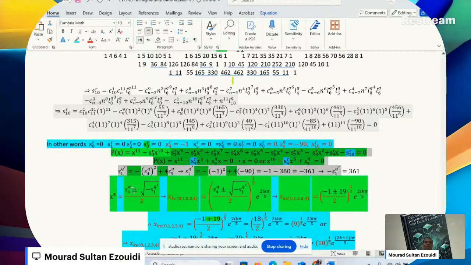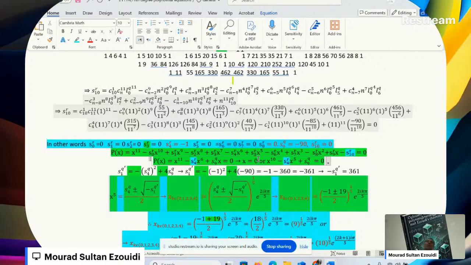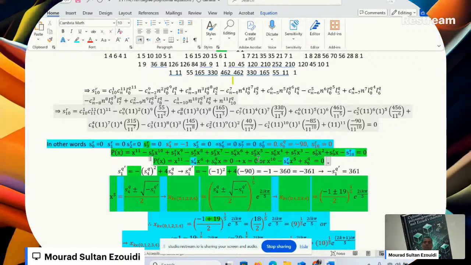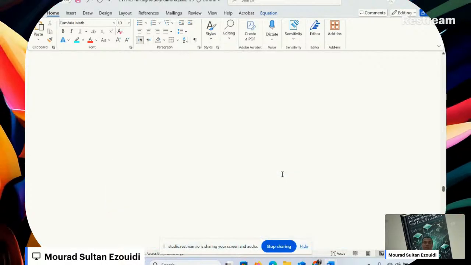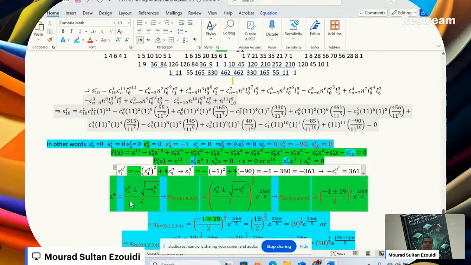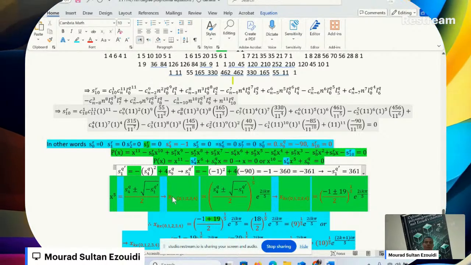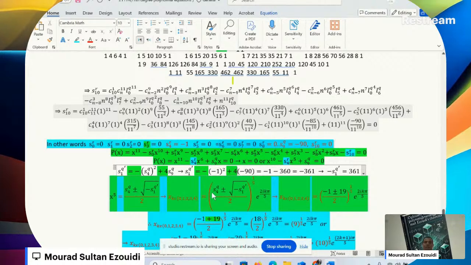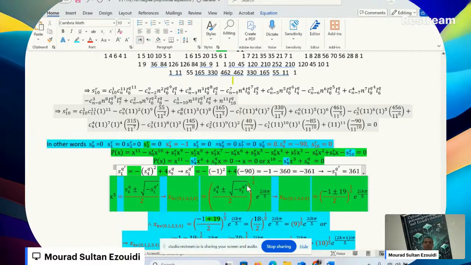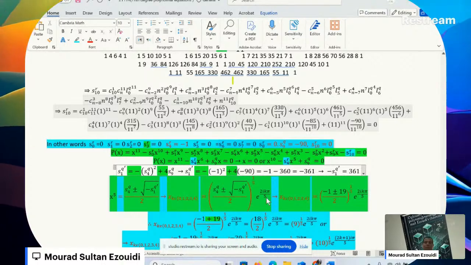So putting x raised to the power 5 equals capital X, we will get capital X squared plus S4 capital X plus S9 equals 0. So now my professors, you can see that. Yeah, okay. So we call that X equals S4 plus or minus the root of negative S1 of Q dash, divided by 2. Therefore, x equals the fifth root of S4 plus or minus the root of negative S1 of Q dash divided by 2, all raised to the power 1 over 5, times exponential 2ik pi divided by 5.